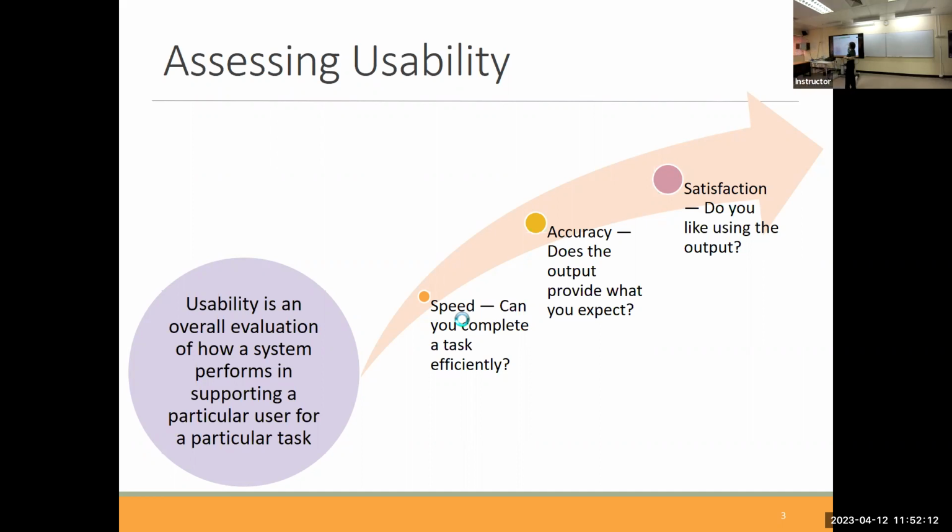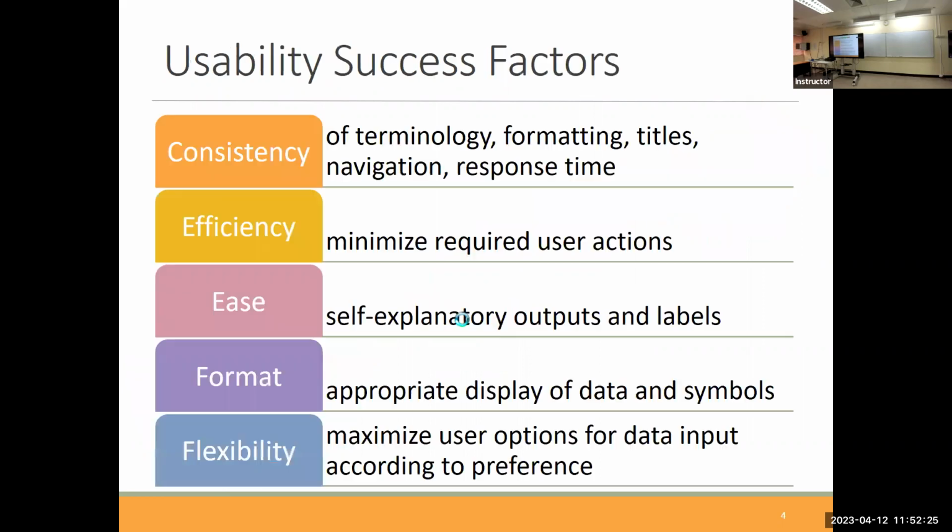Satisfaction. If it is satisfaction, now it comes to opinion and feeling. Do you feel satisfied? This is the only thing where users are allowed to use opinion, but for other measures, no. So these are important factors when you make an assessment of usability. First,